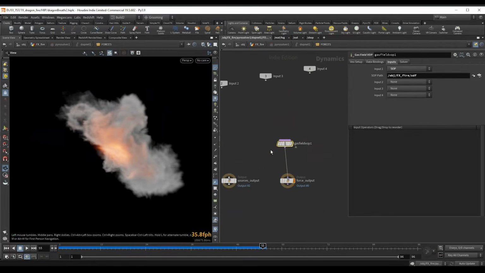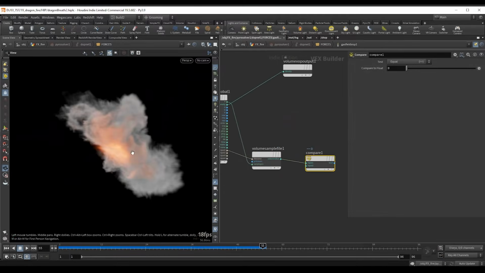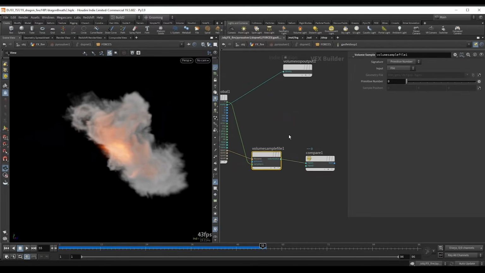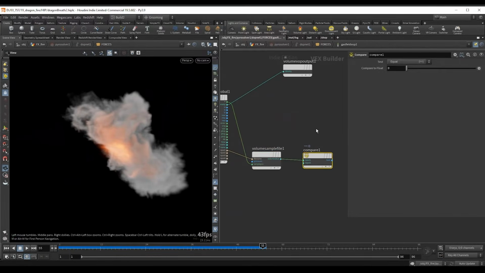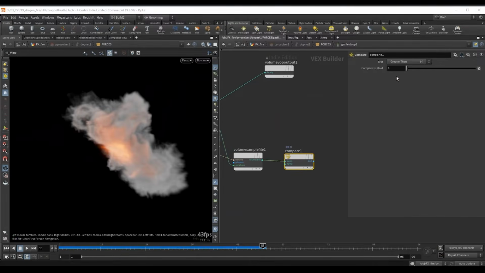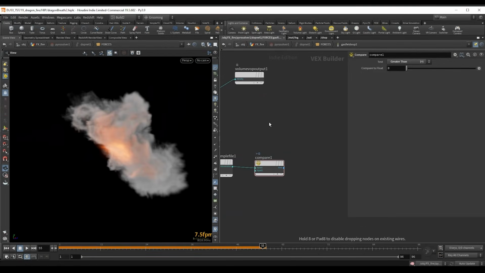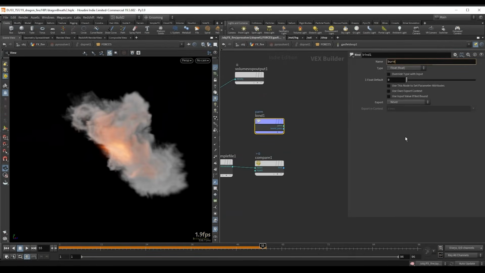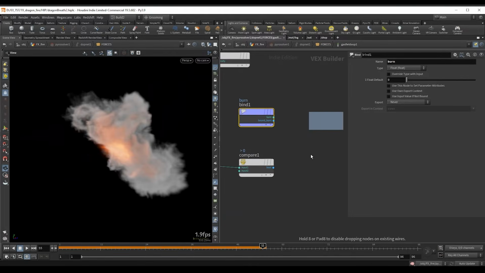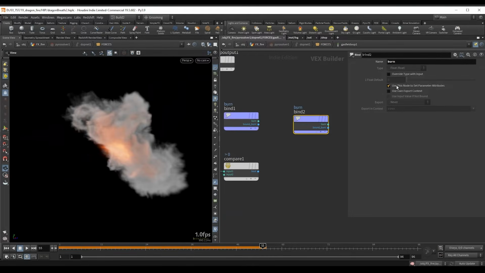So in our PyroSolver, let's go back in the gas field op, and here we grab our sample of the SDF. We can say that if this is greater than 0, we will grab all of our fields and set them to 0. Let's do a bind on our burn and export this back to our burn. Let's turn on use this node to set parameters and set this to always. So now essentially this is a bind export.